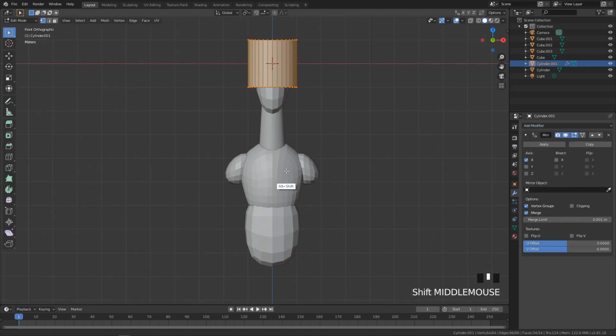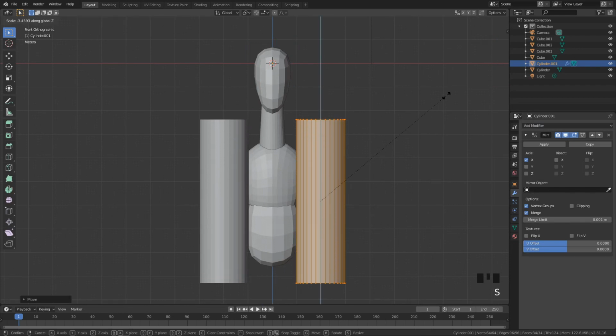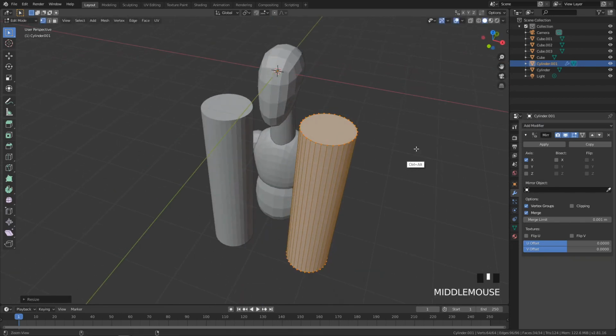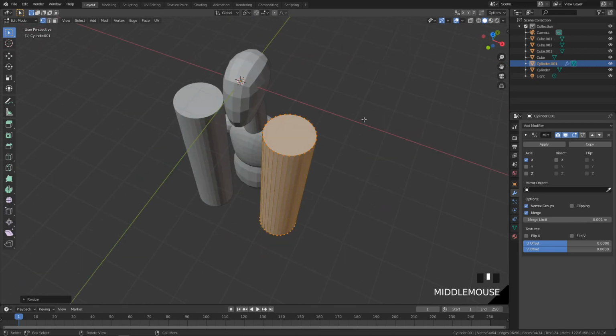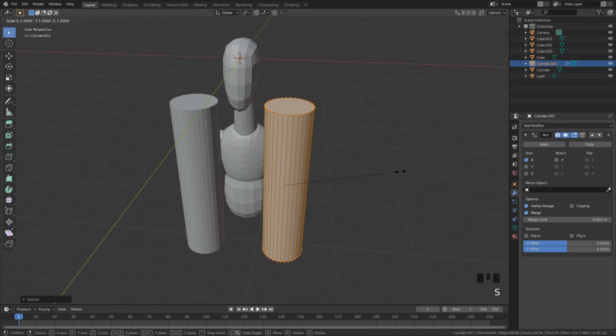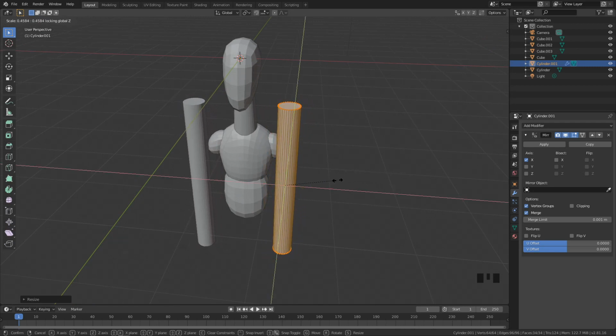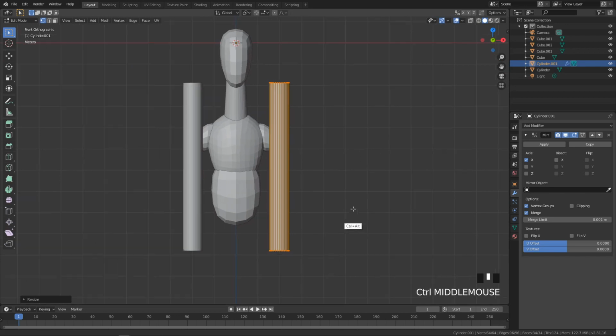Let's go to edit mode. Let's move it down. I will scale it up. And now I just want to scale it, like I will make it slimmer. So you want to click to scale it down, but you don't want to scale on the Z axis. So you have to click S, then click Shift and choose Z, so it will not scale on the Z axis. It will only scale on the Y and X axis. So that's how we make our hand